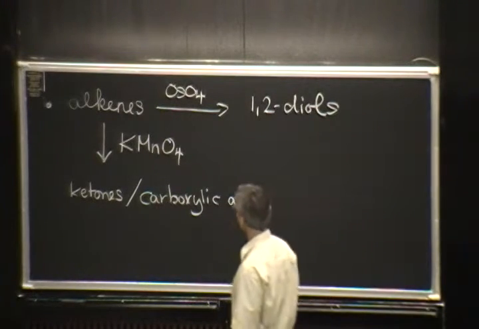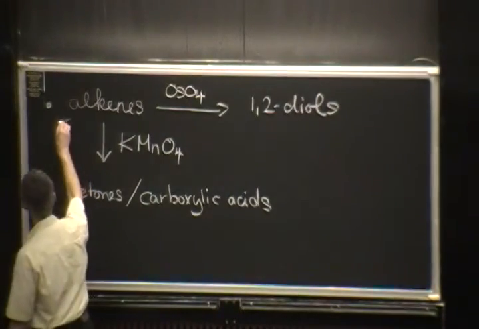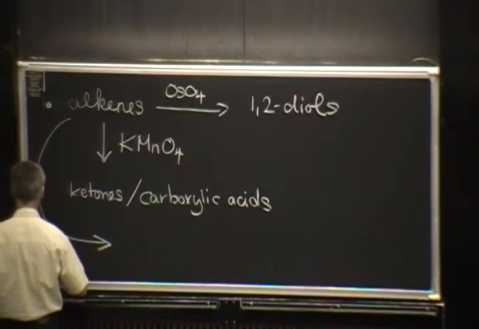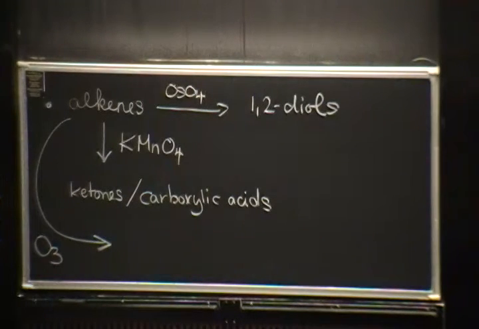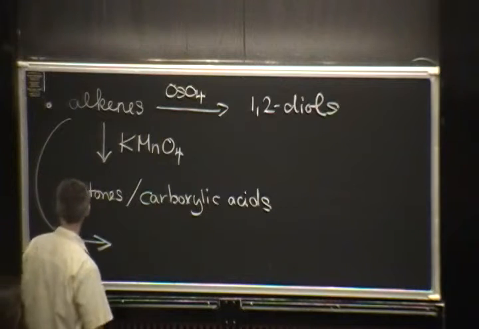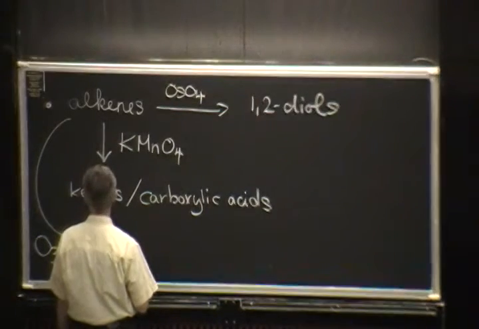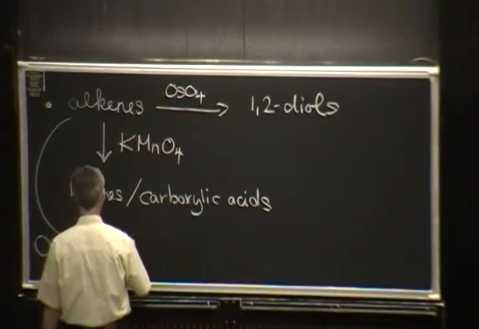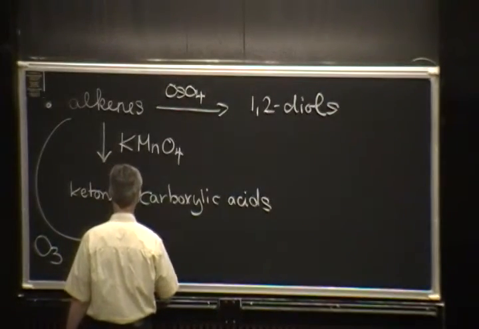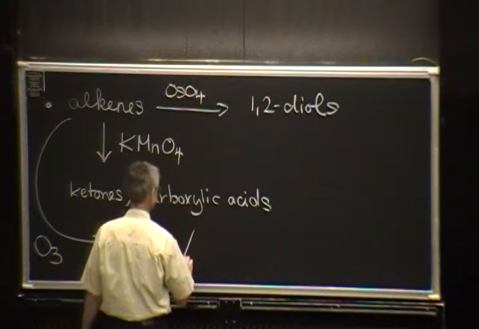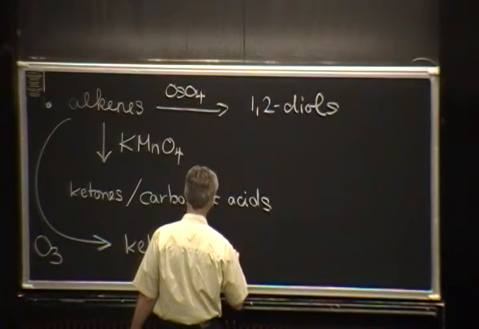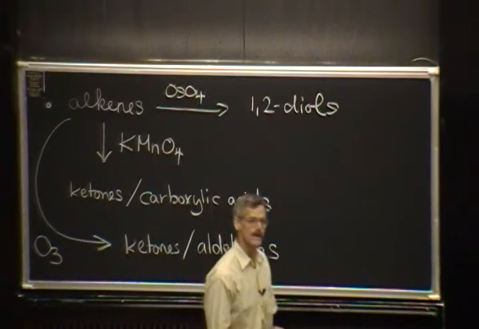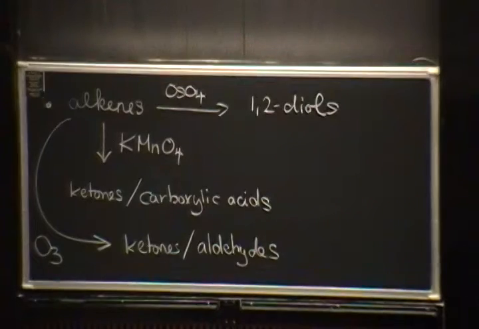And then finally, another oxidation to look at today is the conversion with ozone. So the ozonolysis, again, we use an oxidizing agent. The agent is in this case O3, the molecule ozone, it's a gas. And under conditions of ozonolysis, we also convert alkenes. In this case, we get ketones and aldehydes. And again, we'll look at this mechanism in detail before we go over to look at the oxidation again and